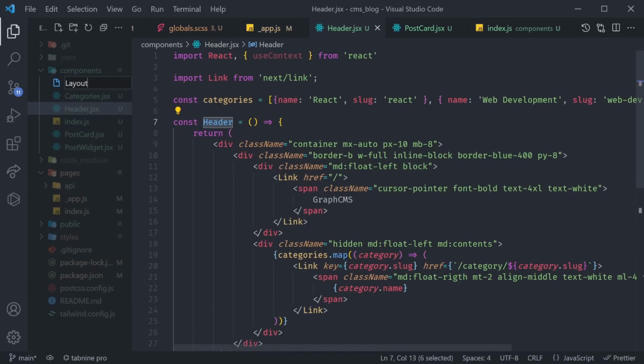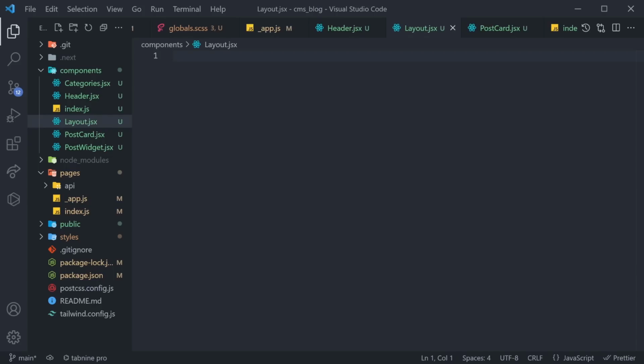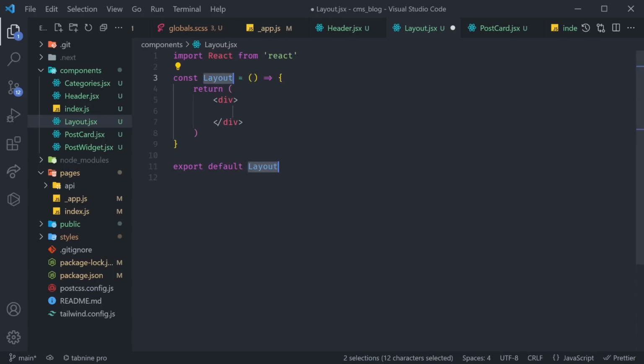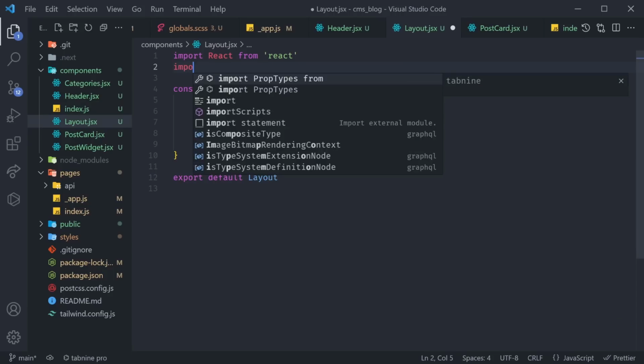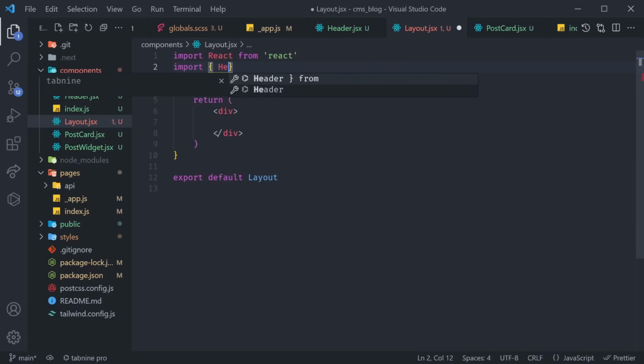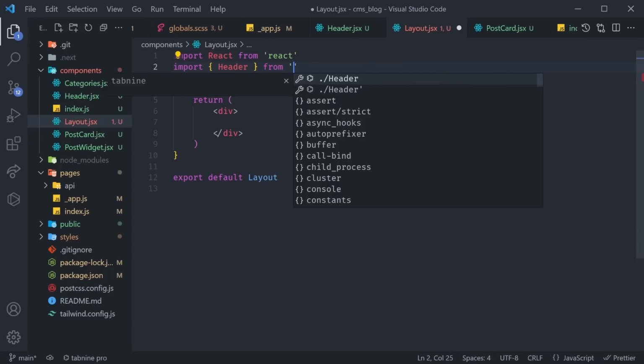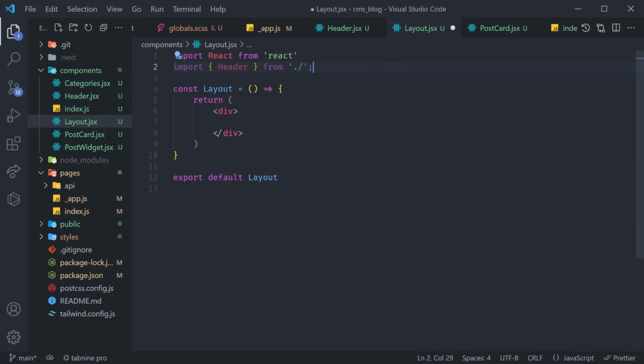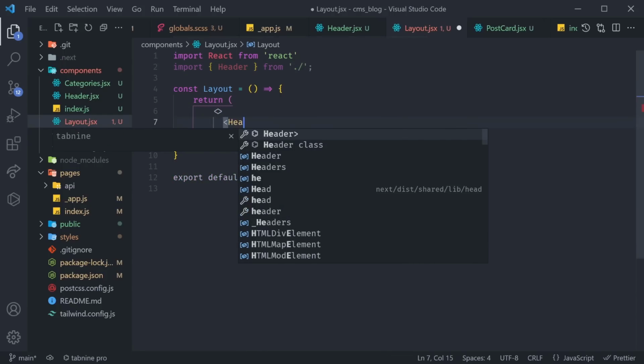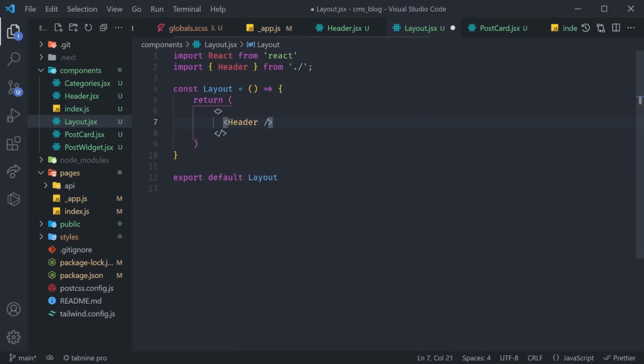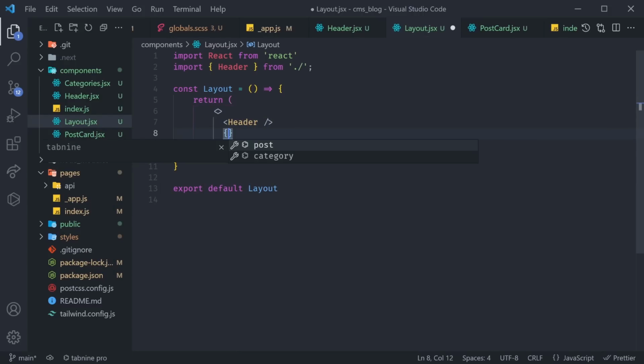So that's going to be layout.jsx. That layout component is going to be as simple as it can be. React arrow function component, and in here, we're simply going to import header from /. Now, the only thing we want to do is render out a React fragment. Inside of here, we're going to render out the actual header component, and then below that, we're going to render